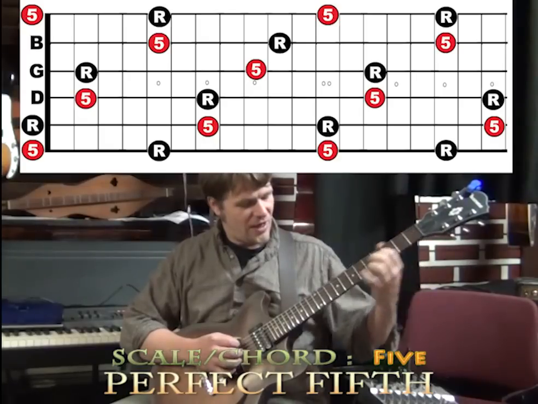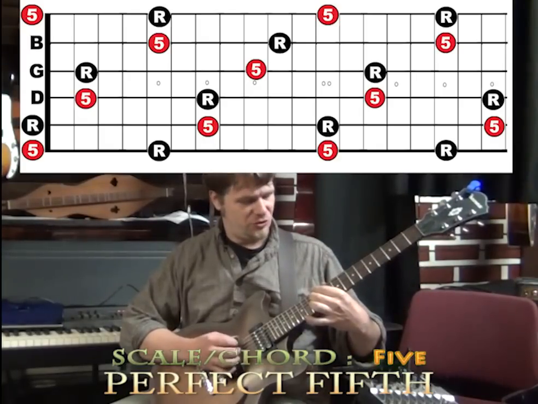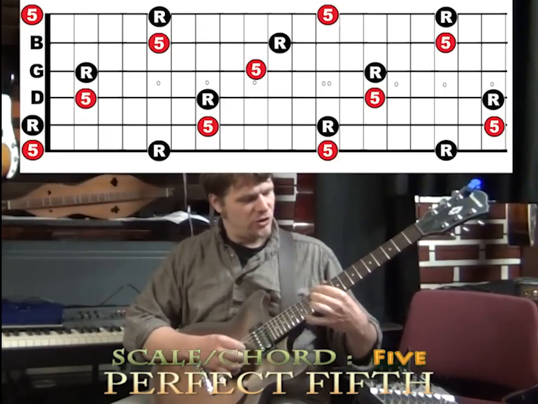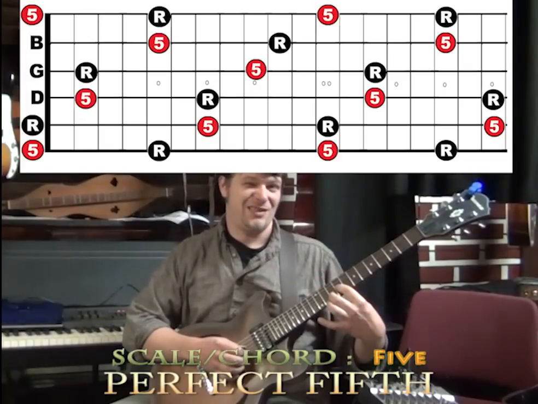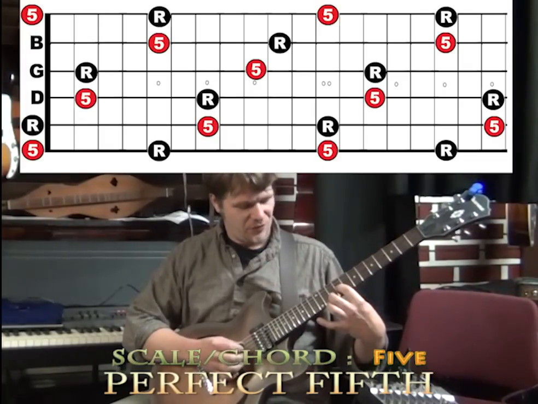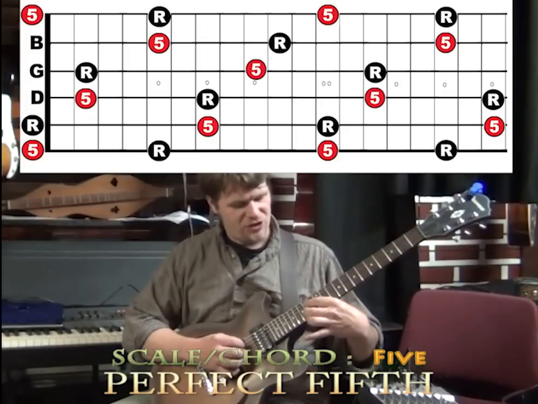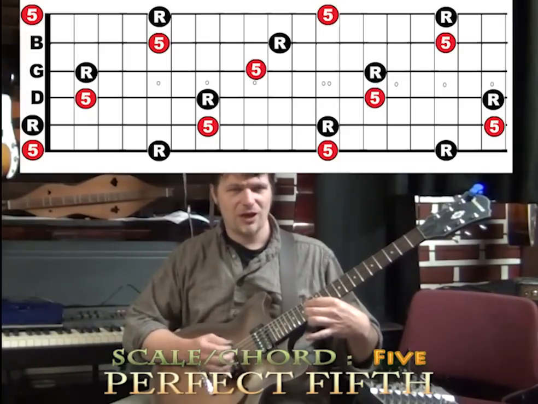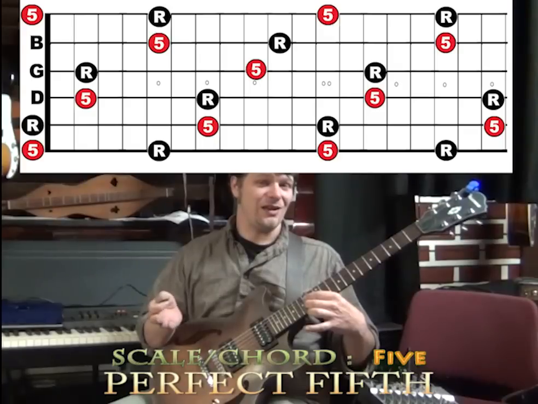Or you can work the A string on the 12 to the low E string on the 12. The one weird spot is that B string shift where we got the 10th on the B for the 9 on the G, and then you'd have the G string on the 14 to the 14 on the D. So you can kind of work those too. So these look a lot like fourth shapes